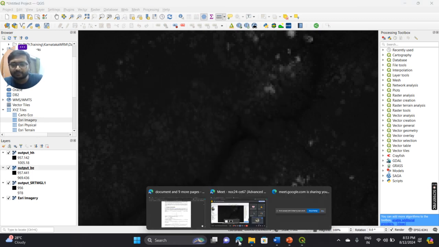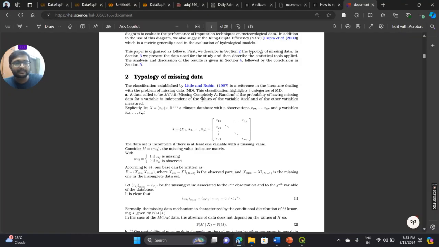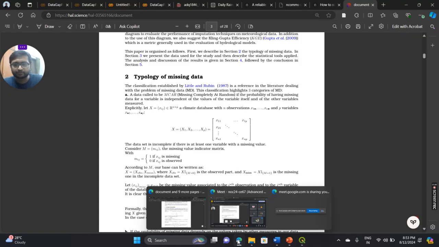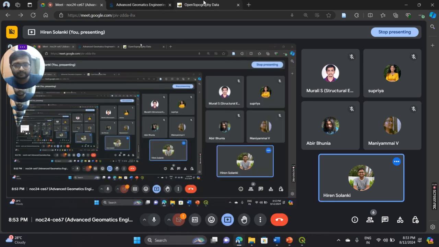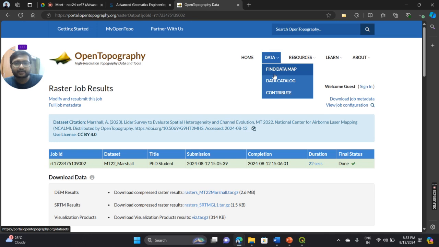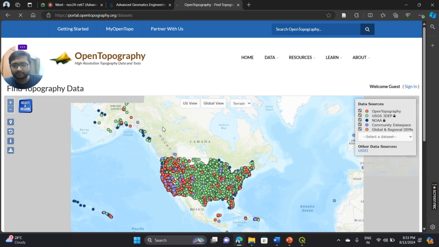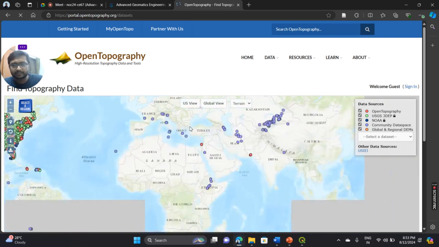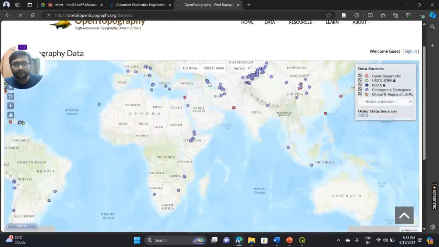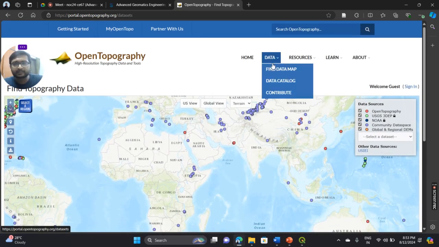Meanwhile, what we can discuss now is, when we talk about the Indian data set, which data sets to use. So in India, when you went to this find data map, you have seen that there is no data available for Indian regions. So what you have to do is use some data sets which are continuous for the entire world. So go to the data catalog